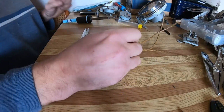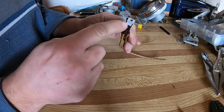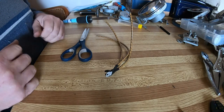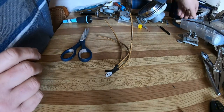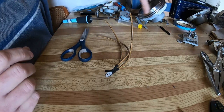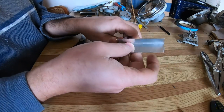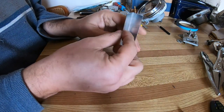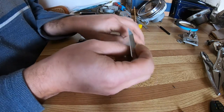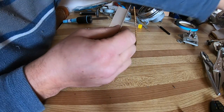Now, I've also read that these voltage reducers, they heat up. So you need to have some sort of heat sink to draw away the heat. So what I decided, it's just a little piece of aluminum edging. I'm going to, I'll show you on,